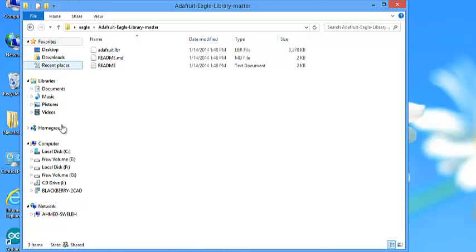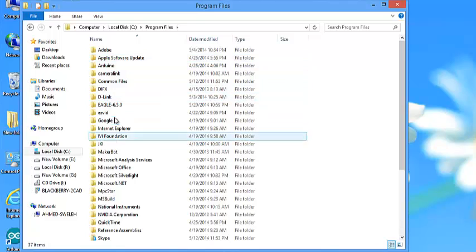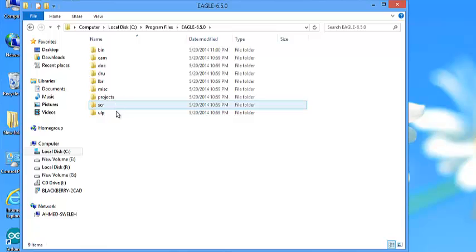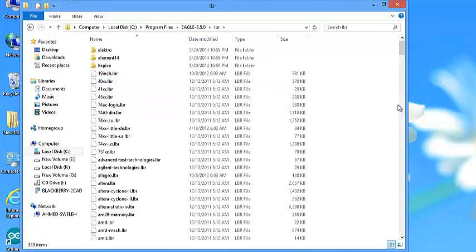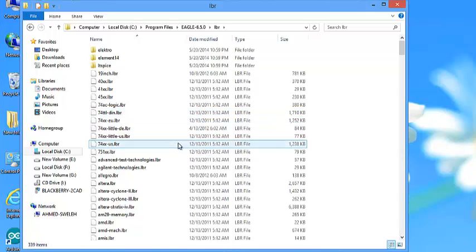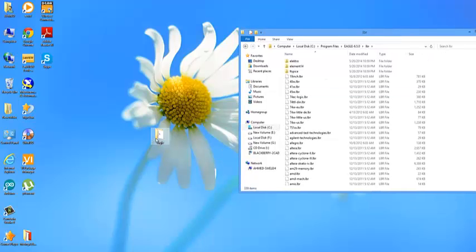of Eagle. So go to C, program files, and then look for Eagle. So Eagle, and then LBR is libraries, of course. So these are the libraries that are already inside. Some are from suppliers you might know, like Altera for FPGAs, and 7.4 is the logic ICs. Okay, so just double click here again,